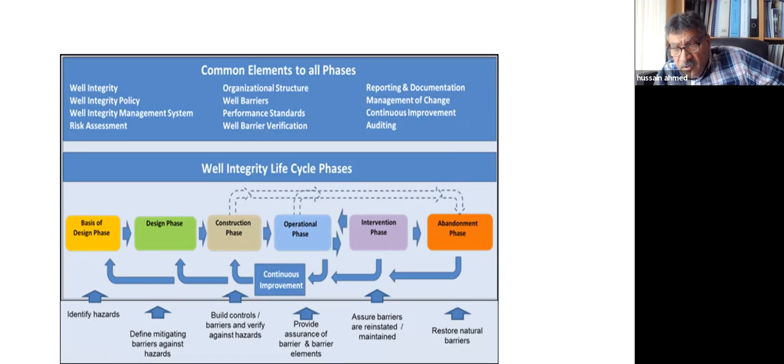Stage number 4 within the production, I can say the intervention, because these are connected to each other. The arrows go in and out between them, so they are one stage. So: the stage of design on paper, the stage of drilling, the stage of production and intervention. And finally, I want to abandon the well. I want to block it. How do I do that without any problems? This will also be mentioned in our integrity when I talk about it.